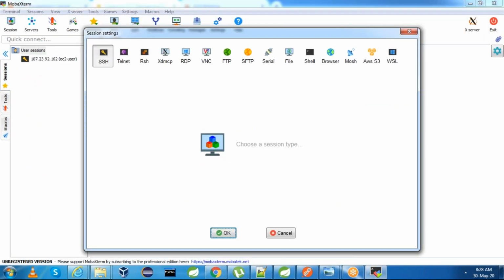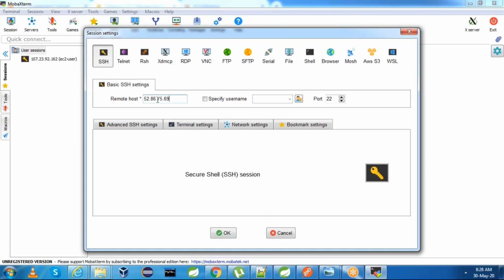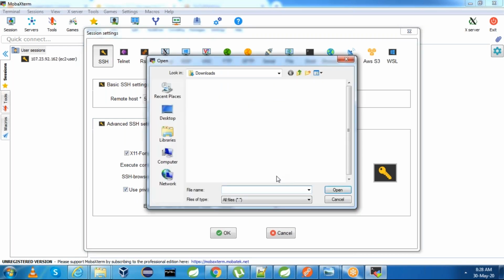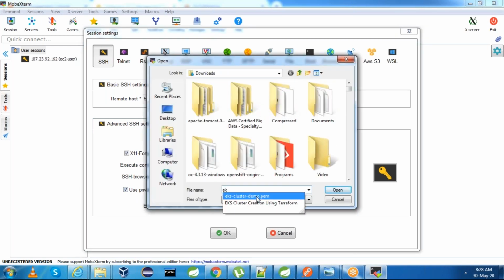Click on session, SSH, remote host, specify username, ec2-user, advanced SSH settings, use private key, browse for the key pair which you have created. This is my key pair.